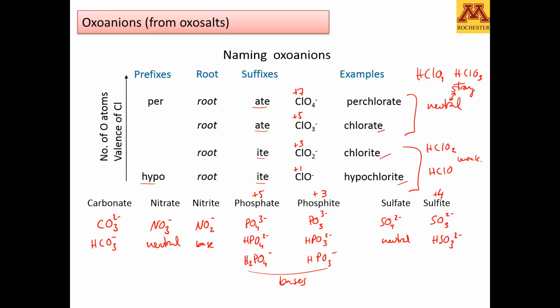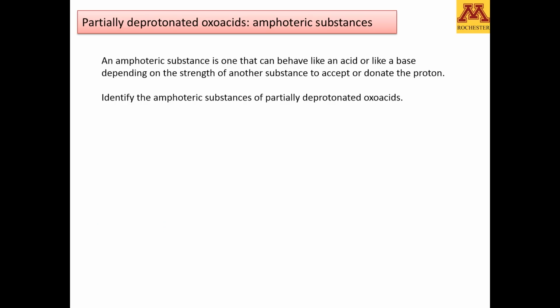I want to point out, however, that the partially protonated species, if you think about it, could either behave like bases or behave like acids. Let's talk a little bit more about that. Those are called amphoteric substances. An amphoteric substance is a substance that can behave like an acid or behave like a base, depending on the strength of another substance. What do I mean by that? So imagine if we were to identify the amphoteric substances of the partially deprotonated oxoacids, that means that hydrogen carbonate,